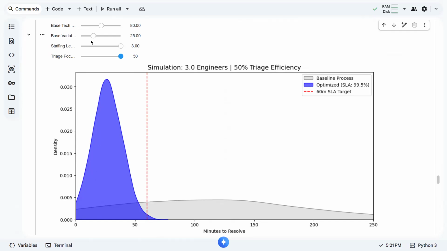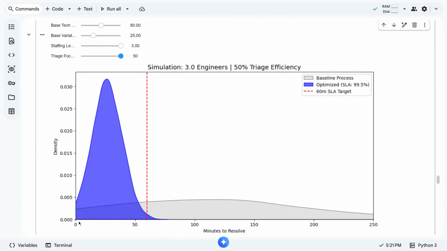So for example, if we hired three staff, or if we triple our number of engineers, and we improve our triage focus by 50%, and assuming we can limit our variations by 25% and increase our speed by 80%, then more likely we can achieve this ideal result.